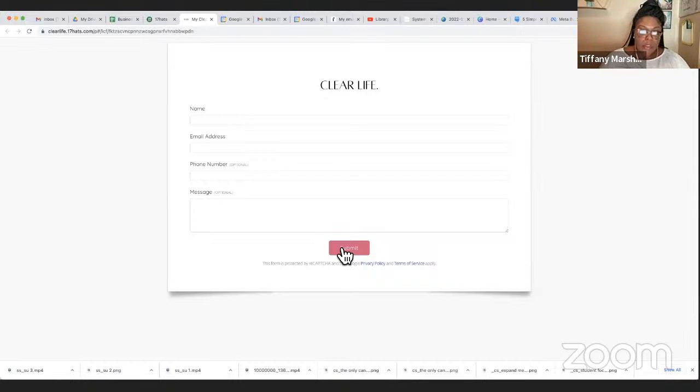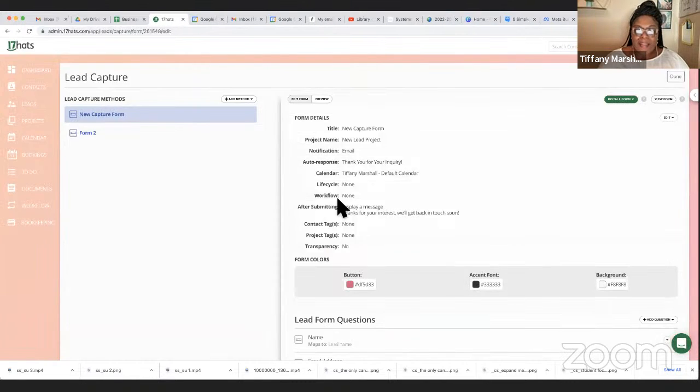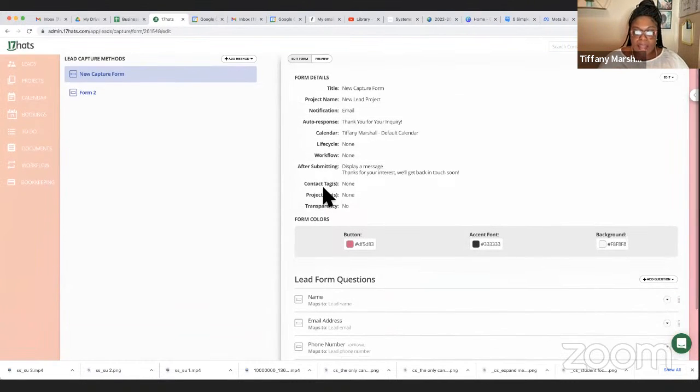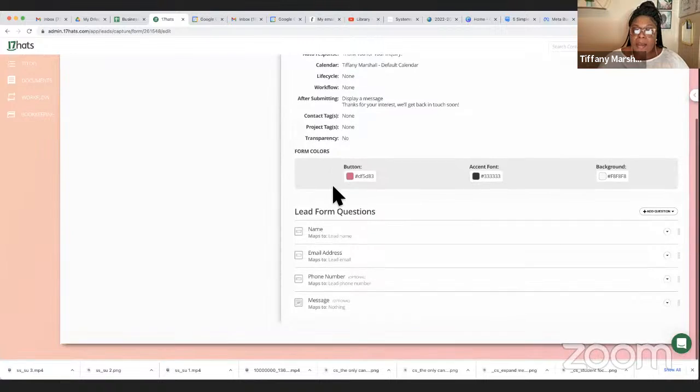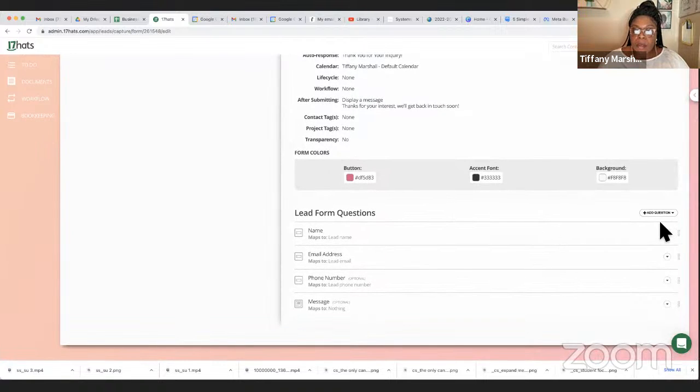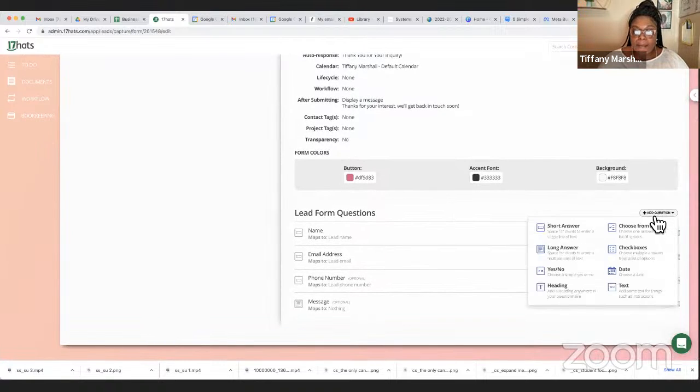I just, for the most part, love the accessibility that I have to my forms. You can assign different... Let me just show you some of the stuff that I like. And I like that it's real branded, right? Branding matters to me. So there are different question types that you can add to your lead forms: short and